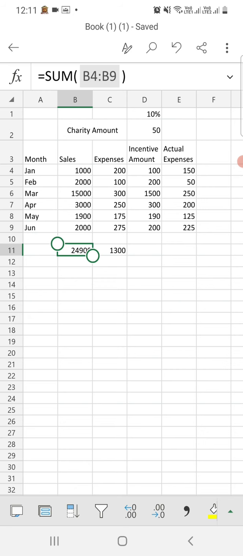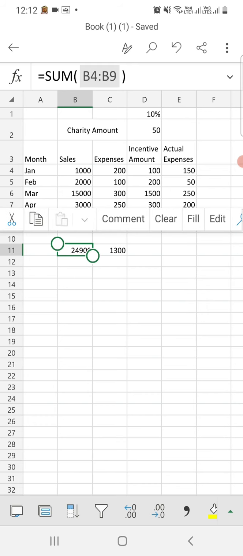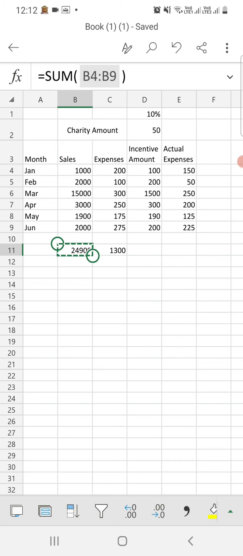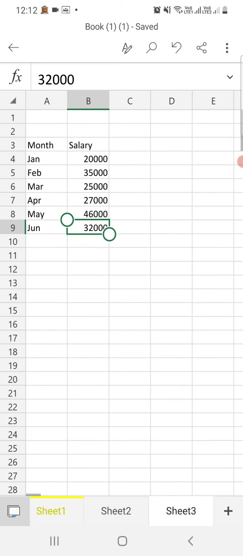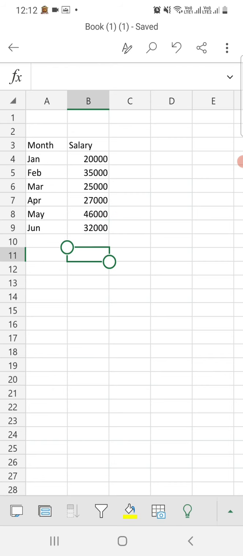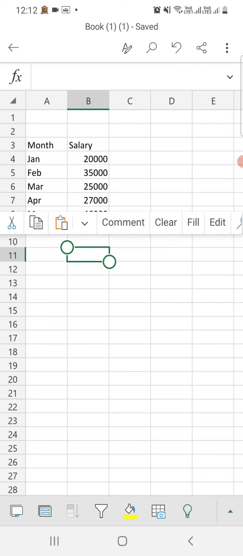So just copy the formula using Ctrl C. When you are using your keyboard, you can just copy the formula by using Ctrl C, or you can also choose the copy function from your phone. Okay, so that particular formula will be copied, and then click on the sheet 2 tab and click on the cell B11. Okay, so just we need to go back to sheet 3 where we enter those data, then select the cell B11 and paste the formula.